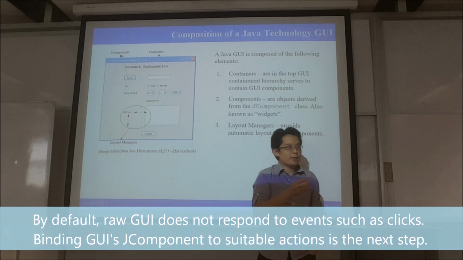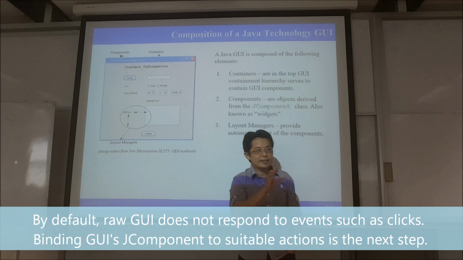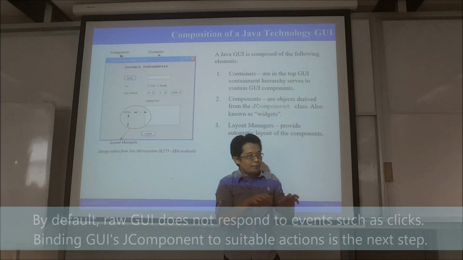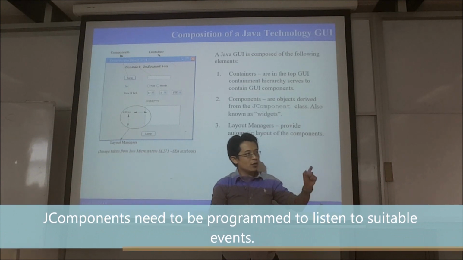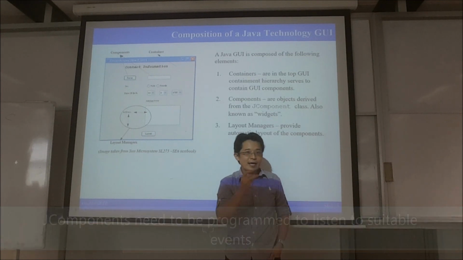You see, when you create a container and you add a component, when you click on the component, nothing will happen because the component is not able to read the event. Now, what is an event? Your mouse click, your typing, anything from the keyboard, anything from the mouse, anything that the computer can detect from the environment is called an event. So these components, they don't by default detect the events. So you have to add code so that they can detect which event. Let's say this mouse will only respond to double left mouse click, or this button will only respond to the scrolling wheel. You have to write the code to tell the component to listen to what event,